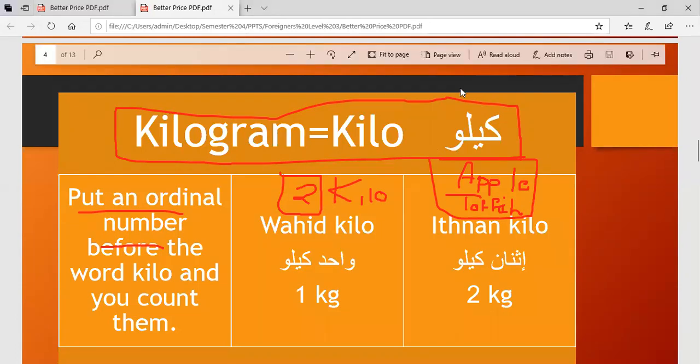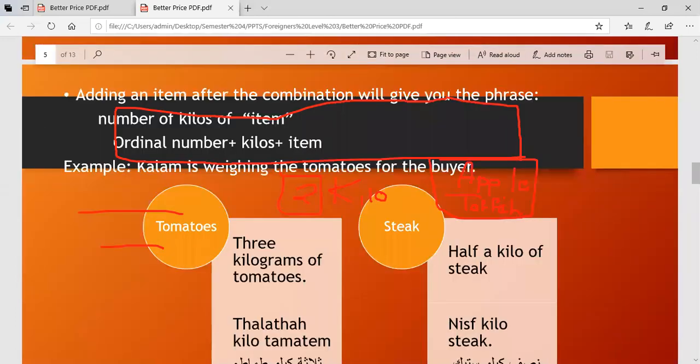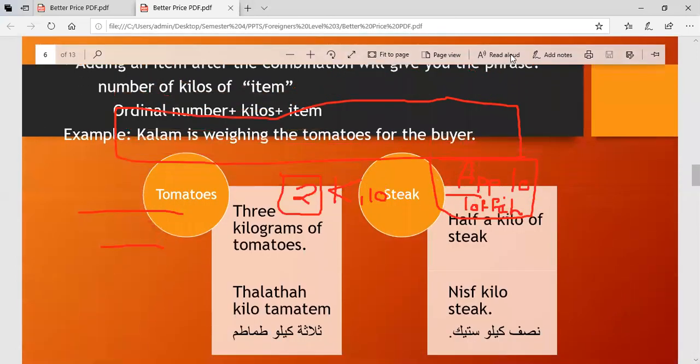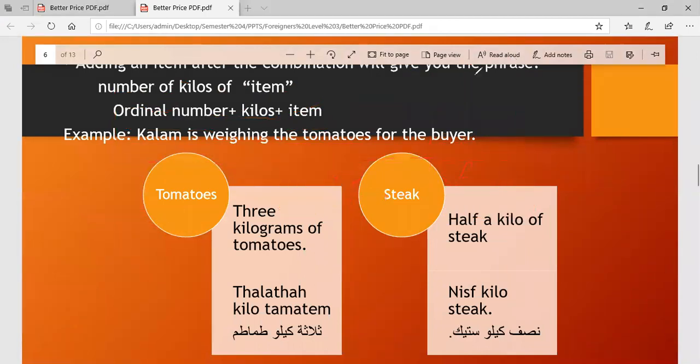So the question that you might encounter in the exam, if we are going to buy something per currency or per kilo, you choose it, it's per kilo. Or I may bring this to put them in order, okay? So we put first the number, then the kilo, then the item that you are going to shop. Now here, as we said,